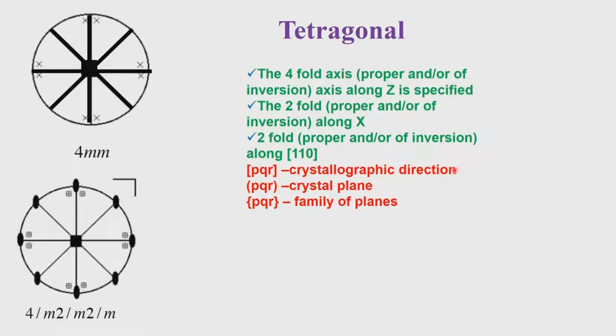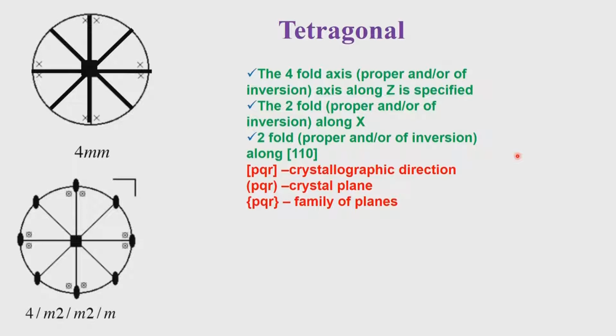represents a crystallographic direction. PQR in normal brackets represents a crystal plane, and if you have this flower bracket, it actually talks about a family of planes. In fact, it comes up very often in higher symmetry point groups, and we will discuss this again with respect to the crystal and the X-ray diffraction conditions which follow as a consequence of it. So, just remember that these are the nomenclatures you will find in textbooks, and one has to be very cautious in looking at these brackets carefully, and the meaning associated with those brackets when someone writes a technical paper